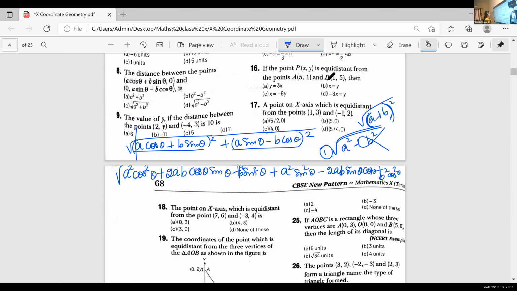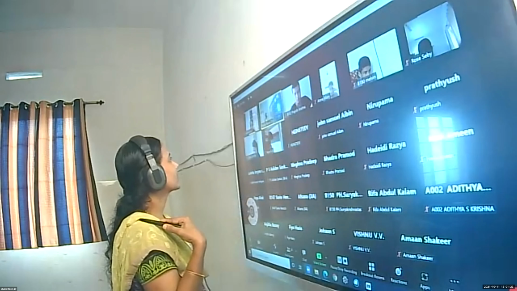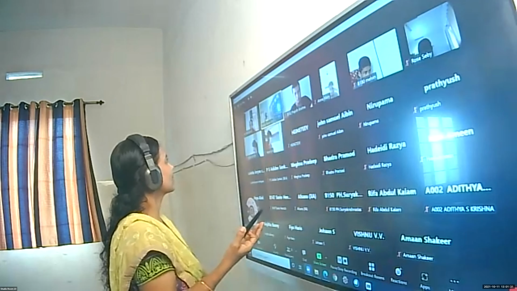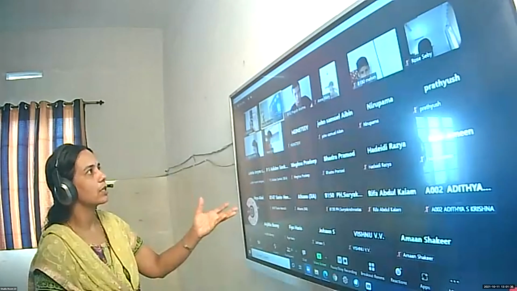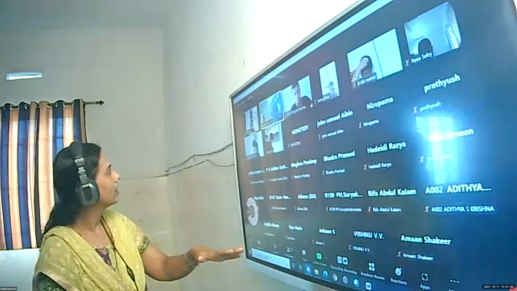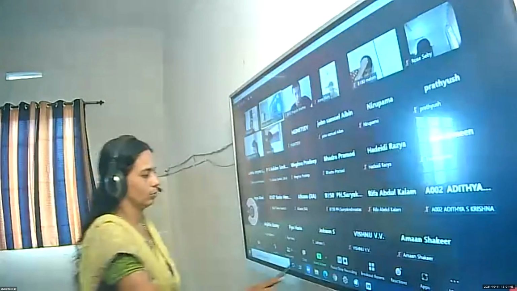And here the coordinates are given as 0. We didn't take the root. So what is a minus 0 the whole square? Same itself, so we are not writing it. Okay, it's for MCQ. If you write more elaborately, you'll not be able to finish. A minus 0 the whole square is a square. What is 0 minus a the whole square? That is also a square. That is why we are not writing the 0.